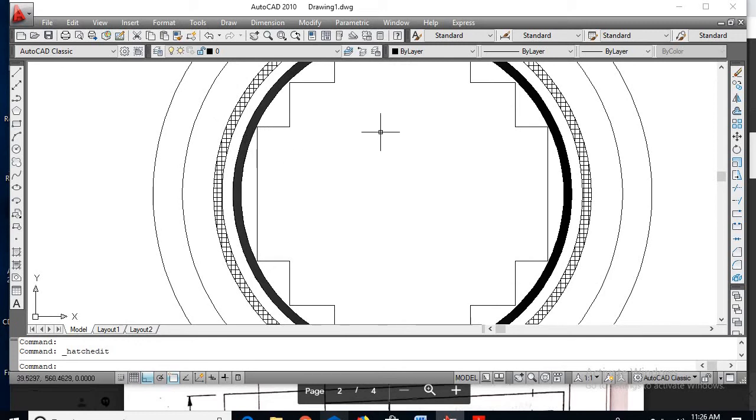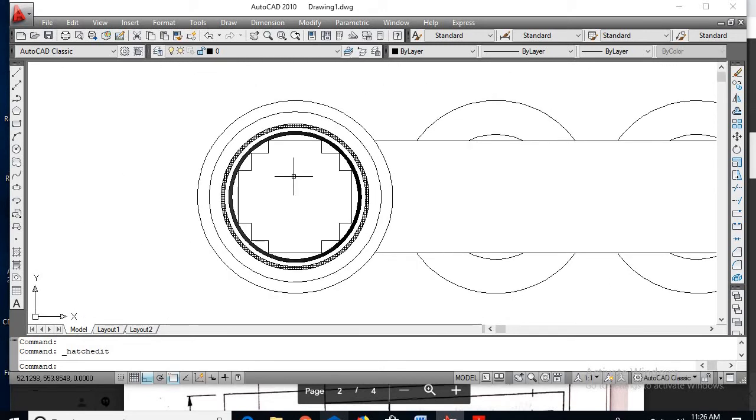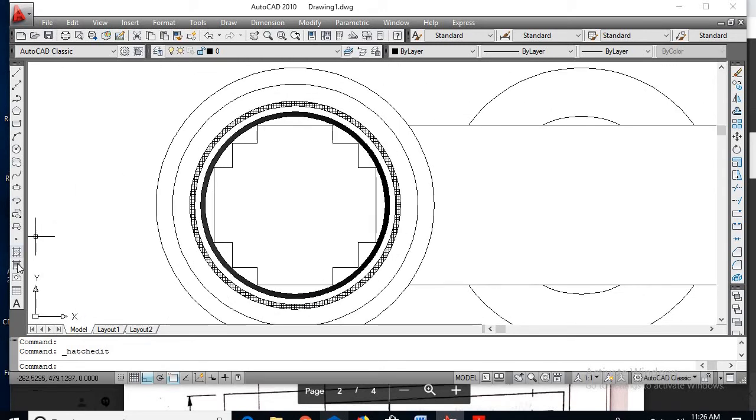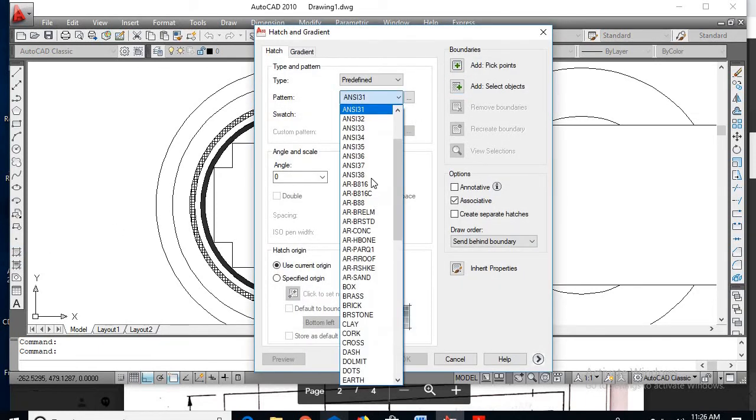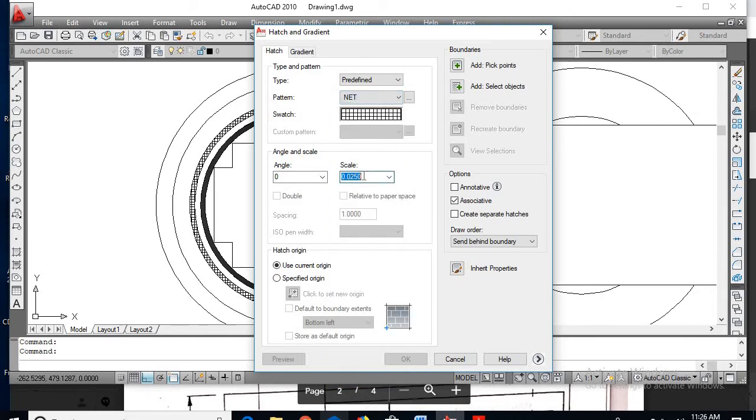Okay, so now we are getting the hatch point as the winding. Similarly, go for hatch command. So select the net for LV winding. So here select it as 25.